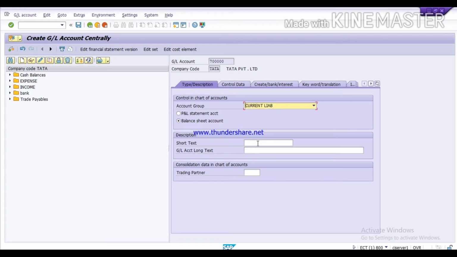Here we will give short description. Raw material vendors. Here we will give long description.